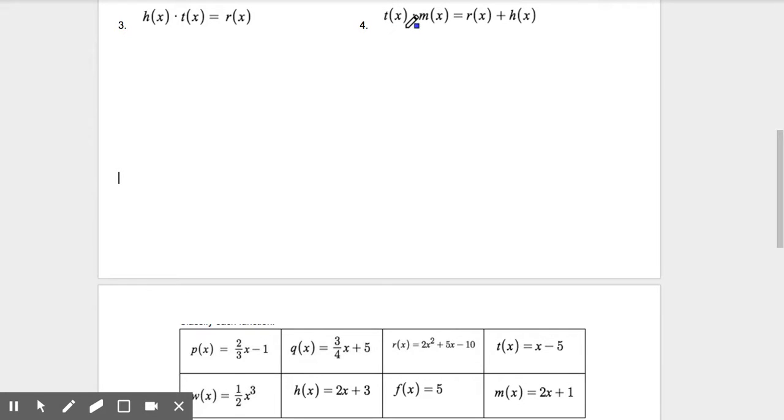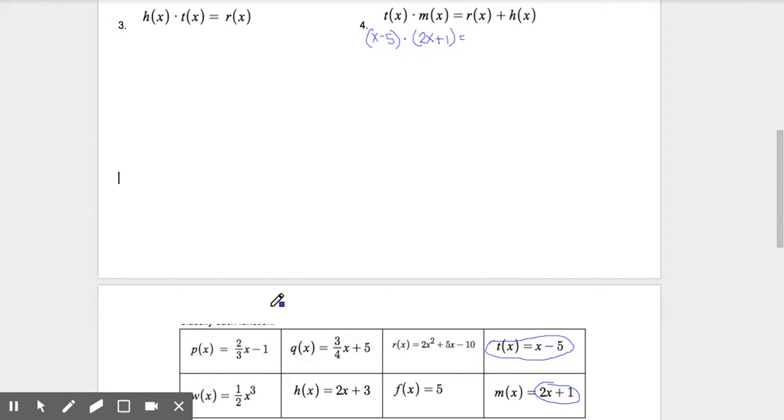Therefore we have t of x times m of x equals r of x plus h of x. So we look for these functions from our table, and t of x is x minus 5. So we'll put here x minus 5 times m of x. Where is m of x? M of x is 2x plus 1. So we'll put here 2x plus 1